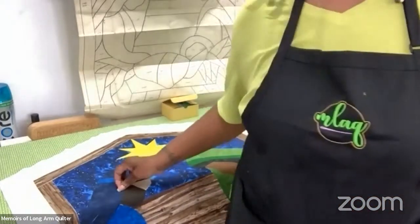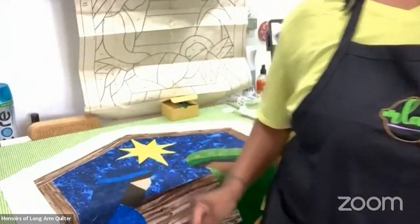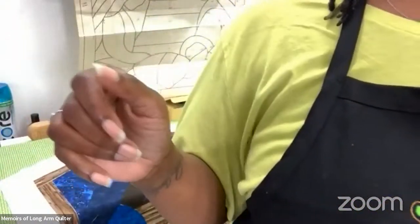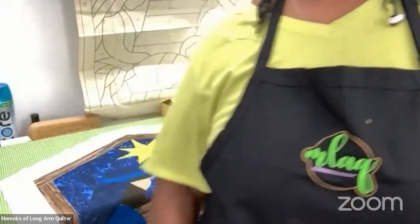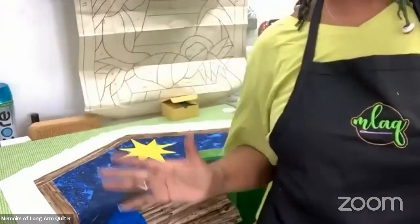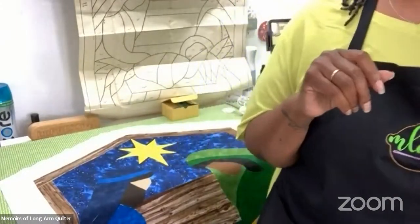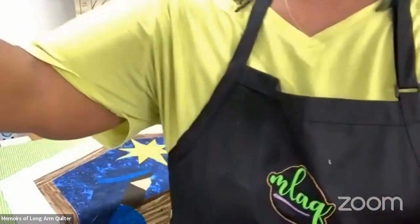Now I've done one. Prepare yourself, I'm about to move the camera, and I don't know how far you can see now. I'm letting you know right now because I had to move stuff around to get over here, and we're working on some stuff down here at the same time. So my room is a little messy. But as you can see,